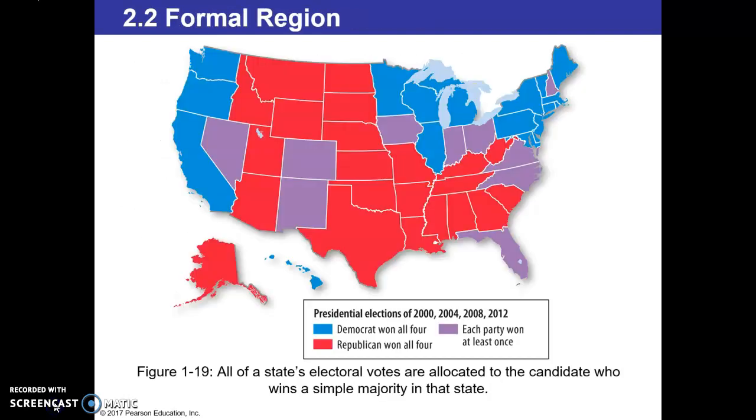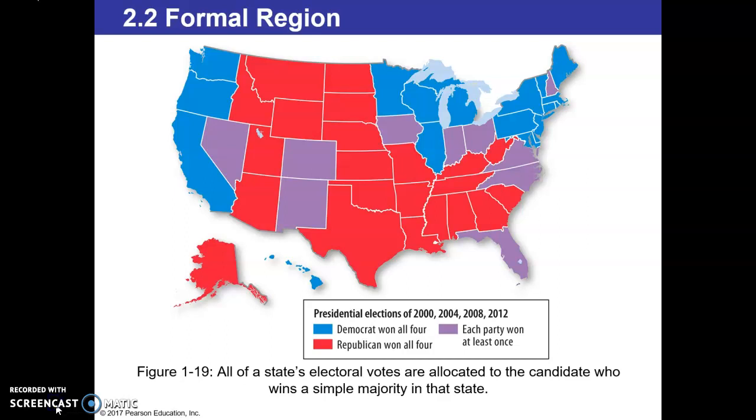Let's spend some time talking about formal region. The best advice that I have for you if using examples to describe formal region is sticking to political geography, language, and religion that is common in those regions. That way, when you utilize those examples, you're talking about things that are less disputed. It's very easy to get the characteristics used to describe formal region confused with some of the characteristics used to describe vernacular region.